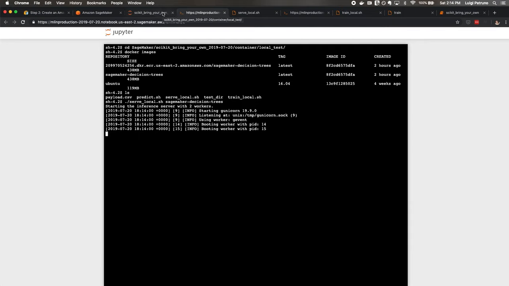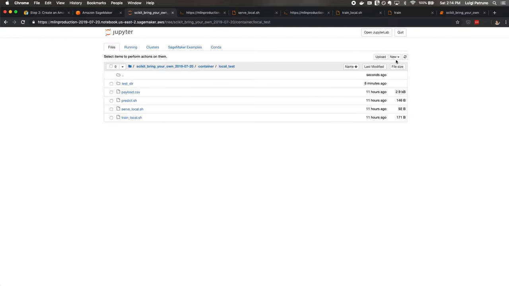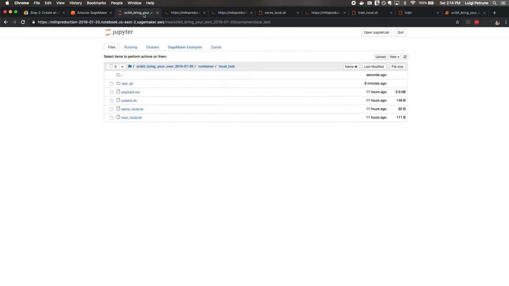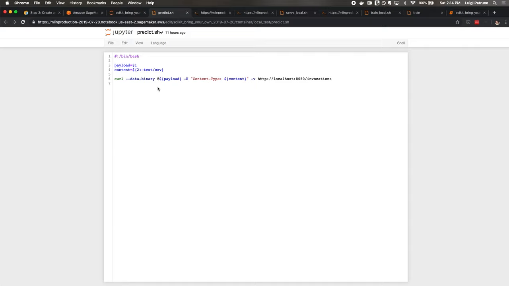All right, so if we scroll back over, create another terminal. Let's change into that directory again. We have the predict.sh script. Let's take a look at it here. Predict.sh just runs curl, passing in the contents of whatever file that we pass in as the first command line argument. All right, so if we actually scroll back to our notebook,